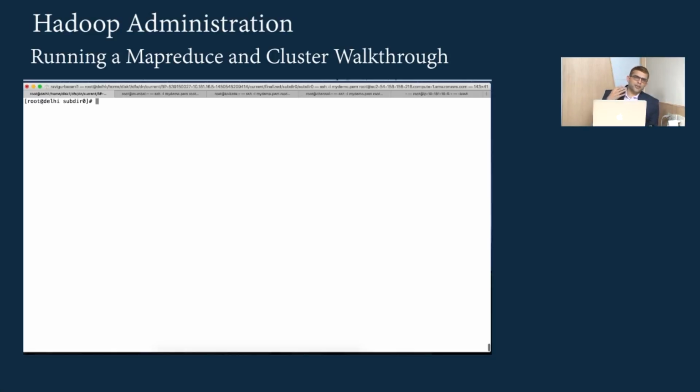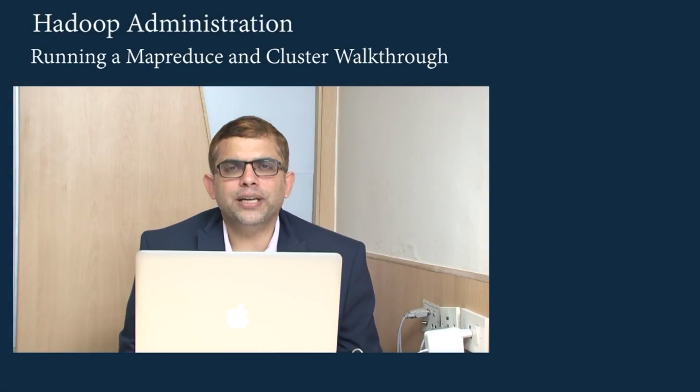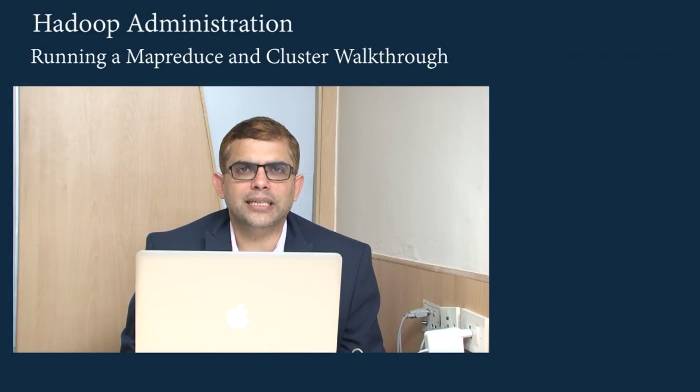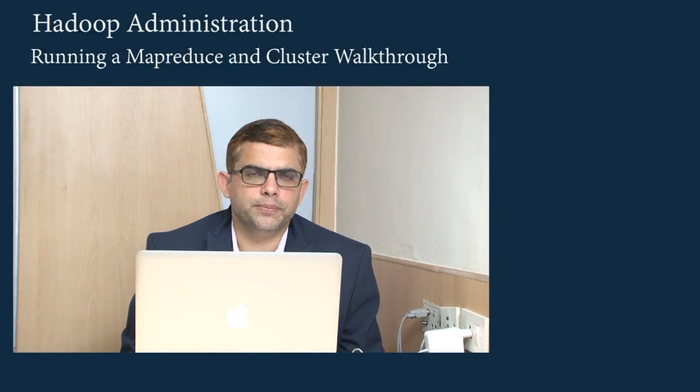We saw that there were 4 mappers running and 1 reducer running. We saw how to look at the logs of reducers and mappers, and how to look at the status, such as how many bytes were read and so on and so forth. After that, we also saw how the blocks get created once data is dumped into HDFS. At this moment in this course, we are 100% done with the 4 node setup.